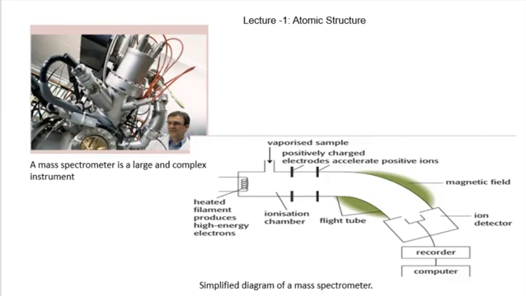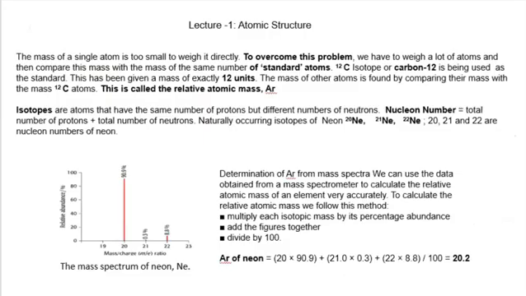I also mentioned that the mass spectrometer is a large and complex instrument, which you can see here now. In the next slide, I had already mentioned the relative atomic mass of neon from the mass spectrum, and how we